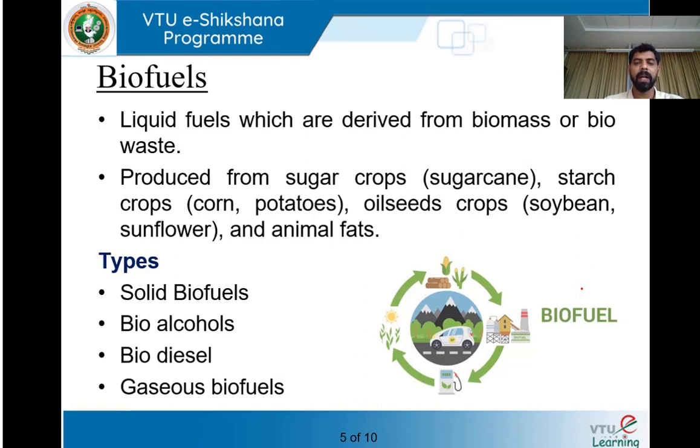bioalcohols like bioethanol and biomethanol cannot be directly used. They have to be mixed with our regular petrol, and there is a maximum mixing of up to 15%. If you take 1 liter of petrol, out of that 1 liter, 850 ml of petrol can be used, and another 150 ml of bioethanol or biomethanol can be mixed with that. So you cannot completely run an engine on bioethanol or biomethanol. It has to be mixed. That is what we call blending. So we blend this bioethanol and biomethanol with the petrol and we can use it.